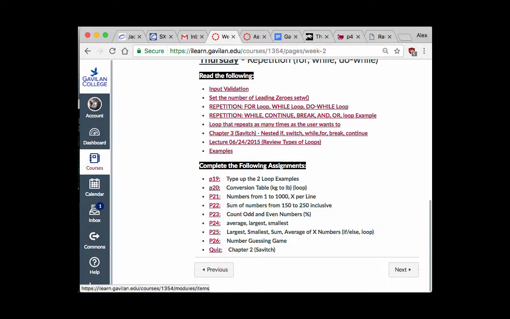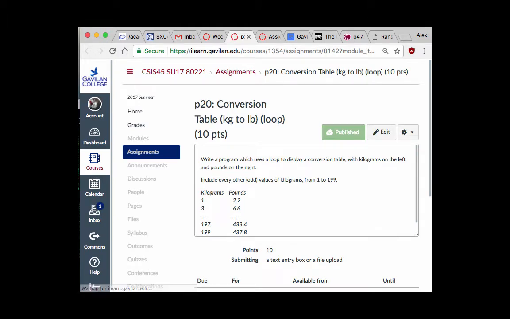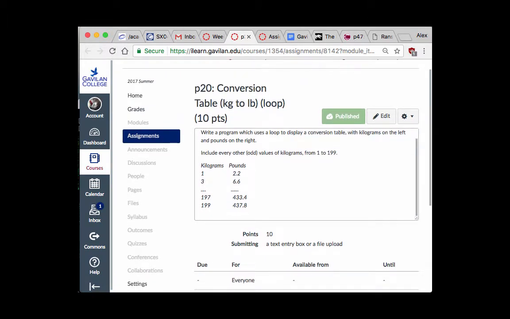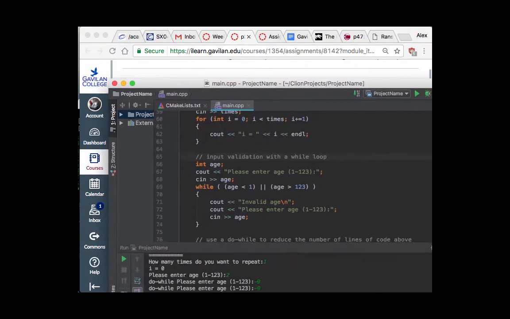Now the next one, P20. How does P20 go? You have some kind of a table. You're going to have a bunch of kilograms on the left and a bunch of pounds on the right. Okay, so to give you an example of how to do this thing,